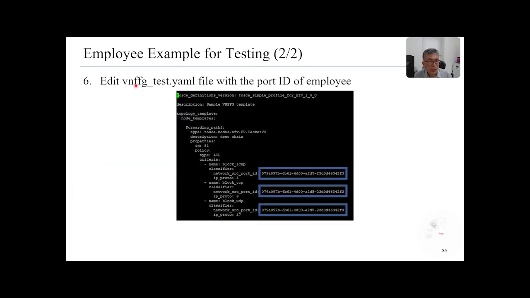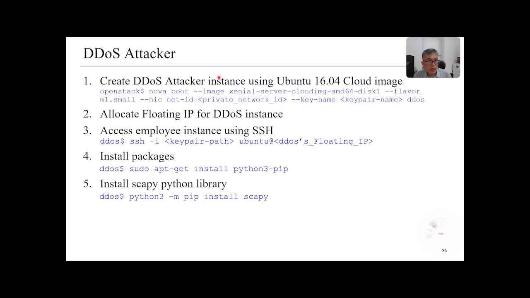And then edit the VNFFG test YAML file with the port ID of the employee. You can use this snapshot, so you edit accordingly. And then the DDoS attacker. So first of all, create a DDoS attacker instance using